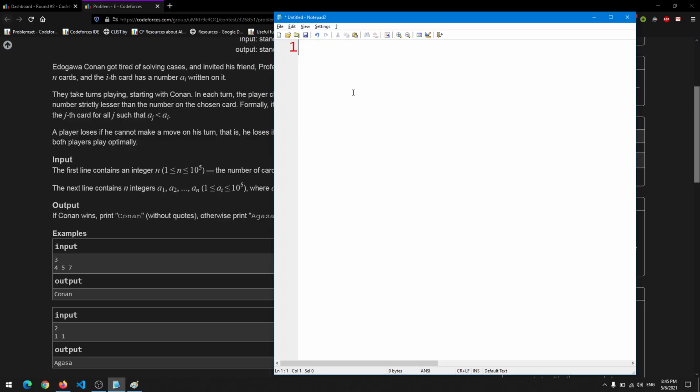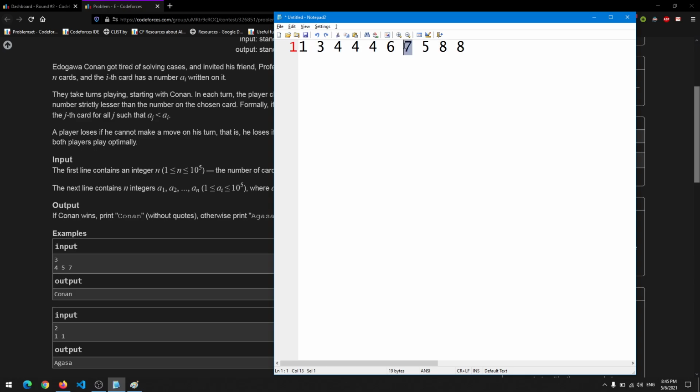Now I can prove to you that whatever the combination of cards we have, Conan will always win except for one case, which I'll explain a bit later. So let's take 1, 3, 4, 4, 4, 6, 7, 5, 8, 9. Conan chooses 9 and he wins. Suppose he has 8. Conan can choose 7, and all the cards less than it will be removed. So let's remove 8. Then Agasa has only one option, so he or she chooses 8, and then Conan chooses the last 8, and he wins.